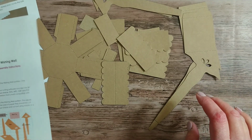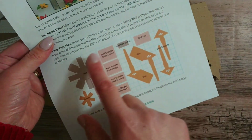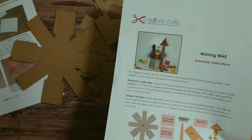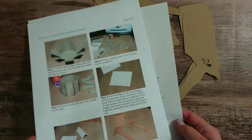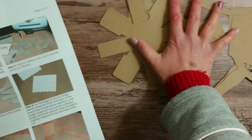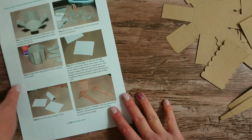So on the instructions sheet it does tell you what is what. Okay, so I thought I'd assemble it with you and we can look at the instructions and see what they say. So let's shove all this to the side. So it's saying to